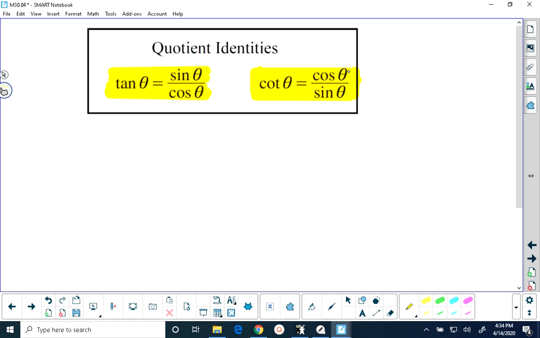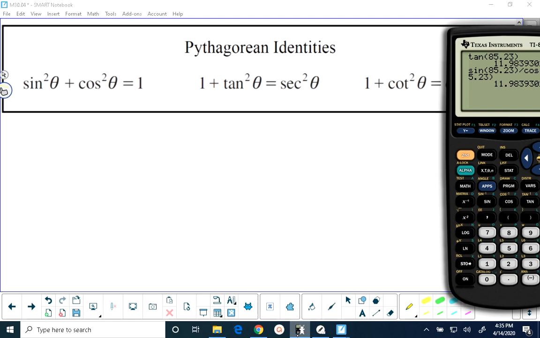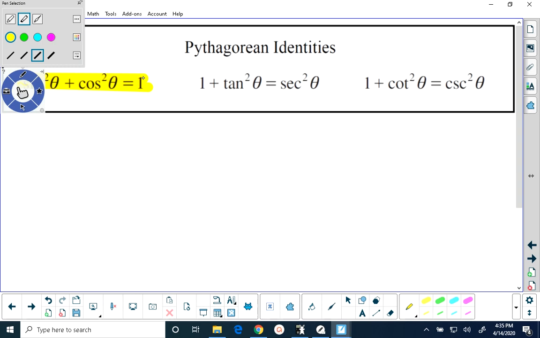There is a third set of identities, and these are called the Pythagorean identities. They are called the Pythagorean identities because they are derived by using the Pythagorean theorem and the unit circle. But we don't need to worry about how they're derived in this course. What we need to worry about is that they are always true. For example, if I were to pick an angle, and I'm going to focus on this identity, which is a very, very